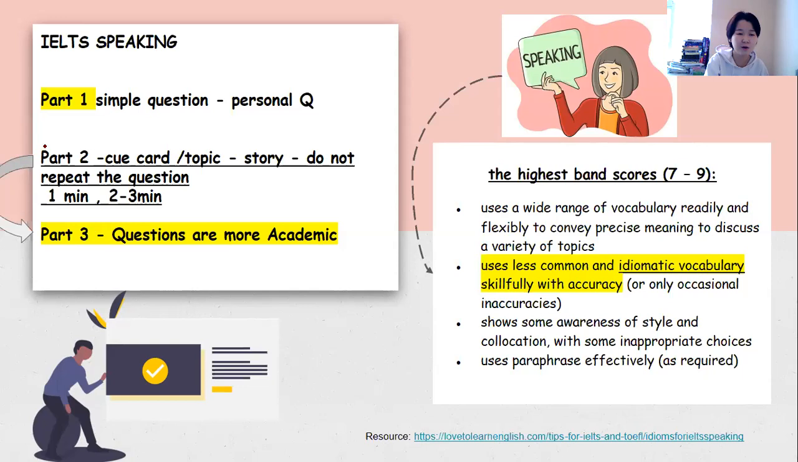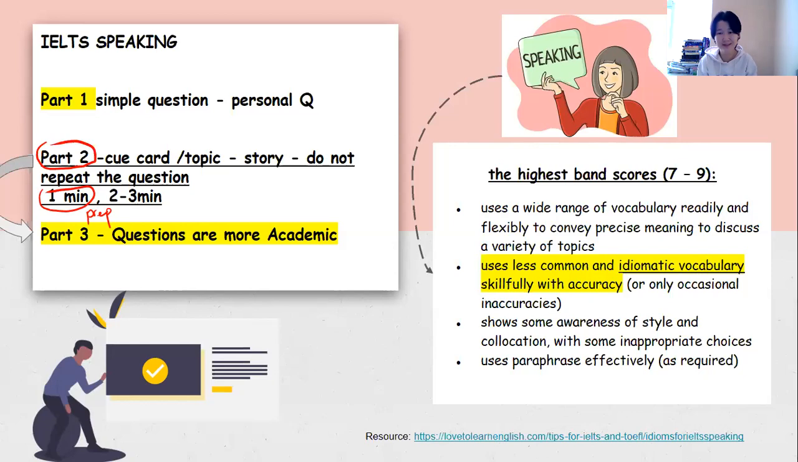Then the second part is the cue card, or sometimes they call it the topic. Here there would be questions and sub-questions, and you should answer them. You will be given 1 minute for preparation. By the way, this is the preparation time. You will be given a piece of paper and a pencil. The examiner will give you such tools, and what you need is to write some plans,